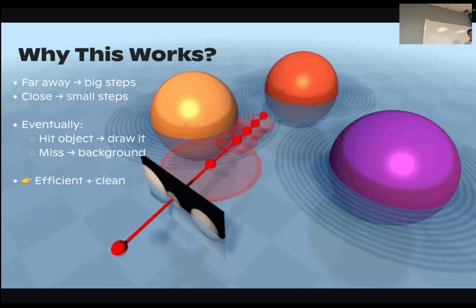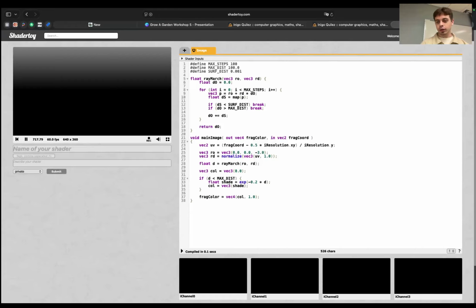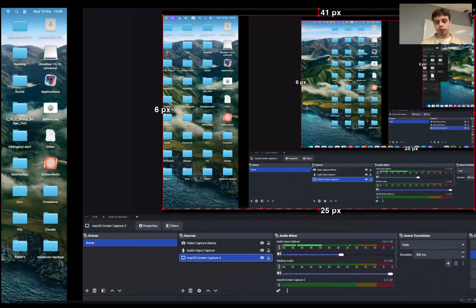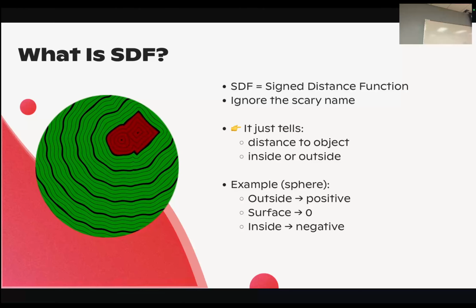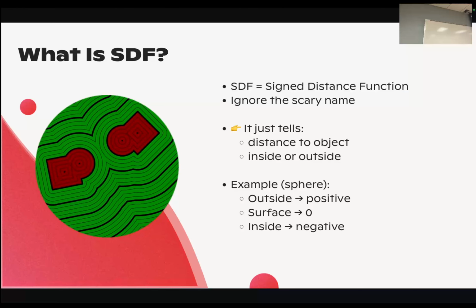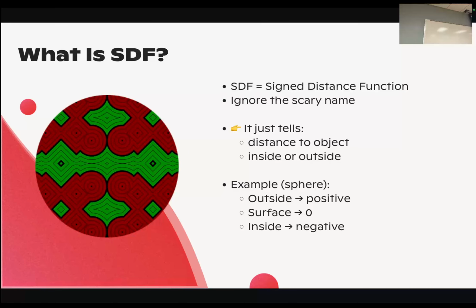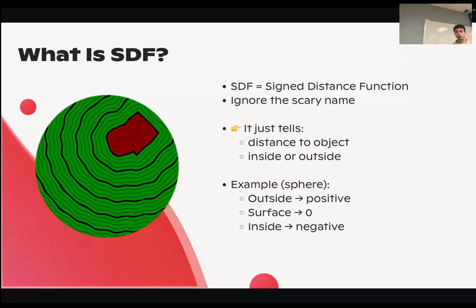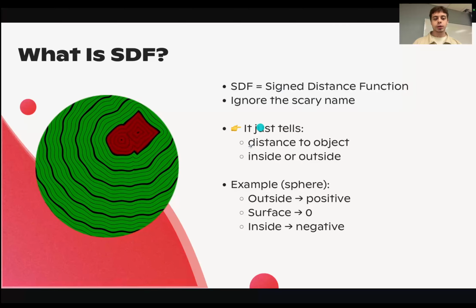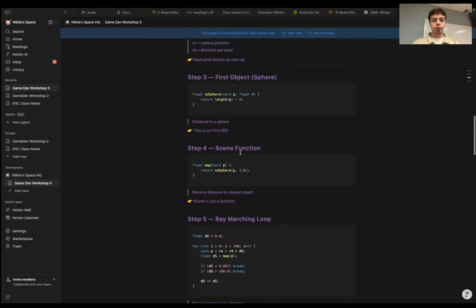For example, if you look into this diagram, as you can see, right there we have a combination of different signed distance functions, which you're not supposed to implement from scratch. There are some resources where you can find these functions. And if you go to the Notion again, if you go to